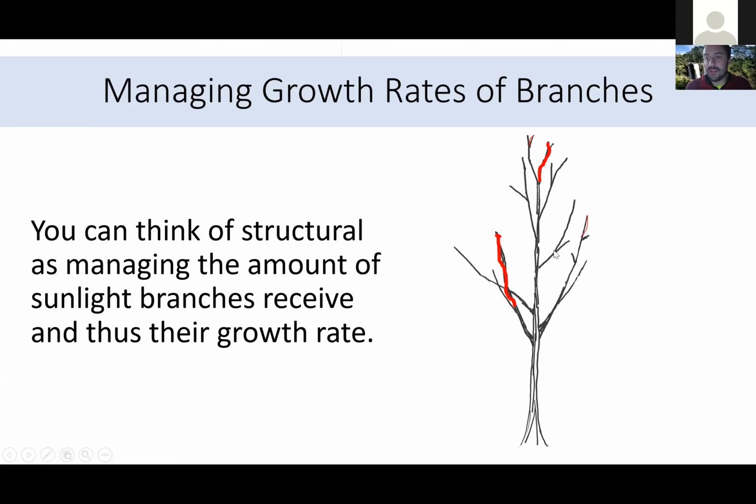So if we do this reduction cut, we remove this portion of the branch. We probably haven't removed enough of the branch to make a difference, right? If we come down to here, we're coming down to a really upward growing branch. It might be enough to make a difference, but I just don't like the angle of that branch. If we come down to here, we've removed probably 50% of the branch or the live foliage, and we've probably done enough to address the issue.